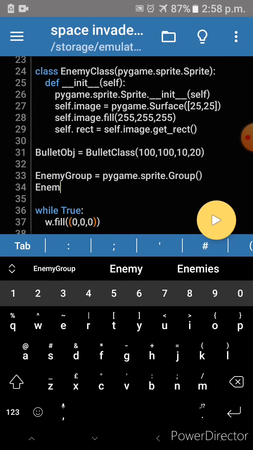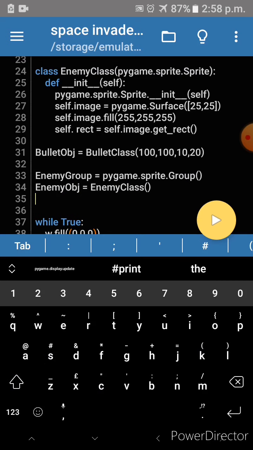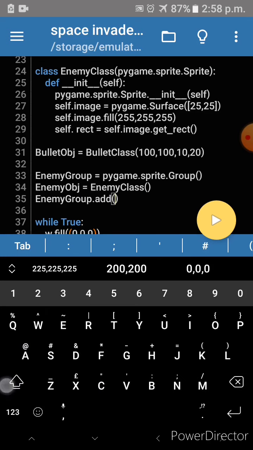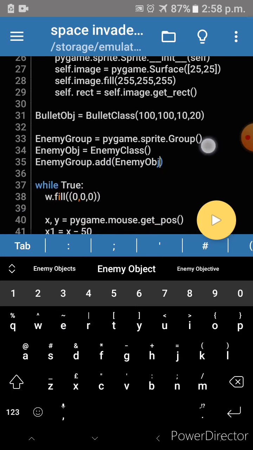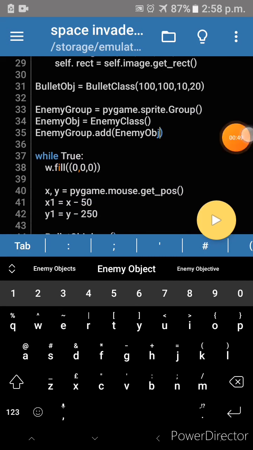So enemy object equal to enemy class. After that we will add the enemy object to the enemy group. Enemy group dot add enemy object, and this will add the enemy object to the enemy group.